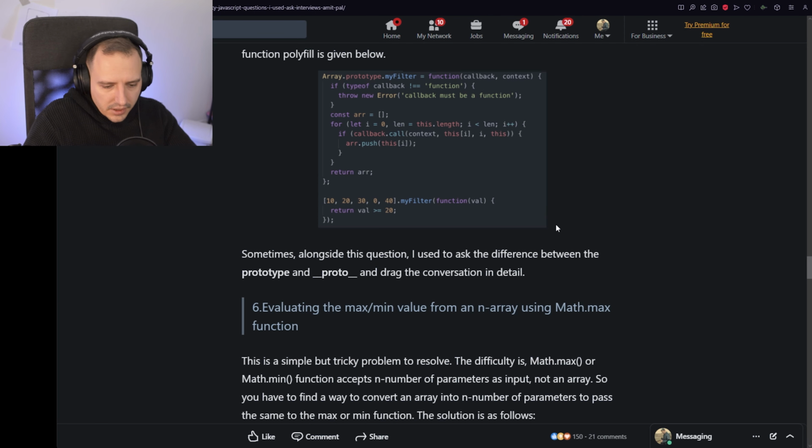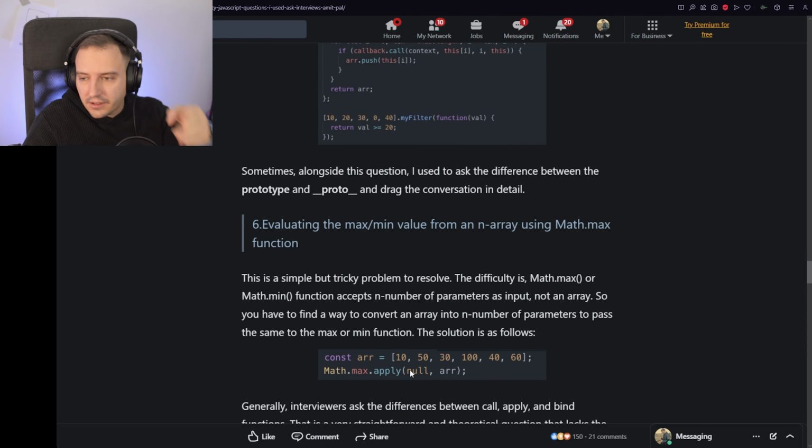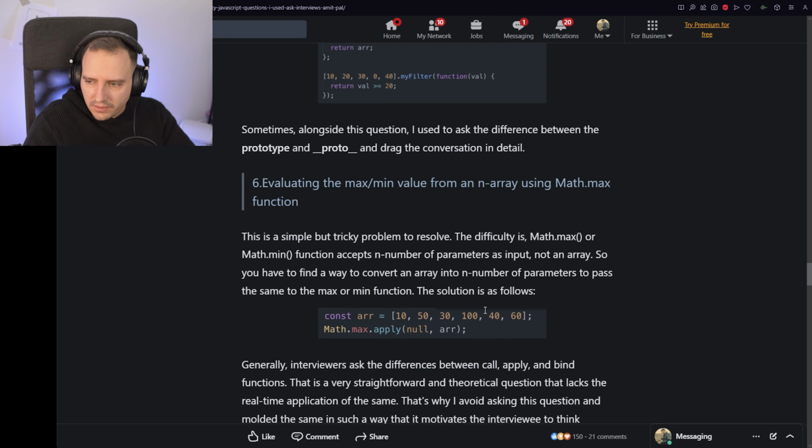So I think this is what he meant. So he does see, that's why I made a mistake in my previous question. So take a look at this. So you use the apply. There's a difference between the apply and the call. In the call, it accepts the list of arguments, and in here you can do it with an array, right?